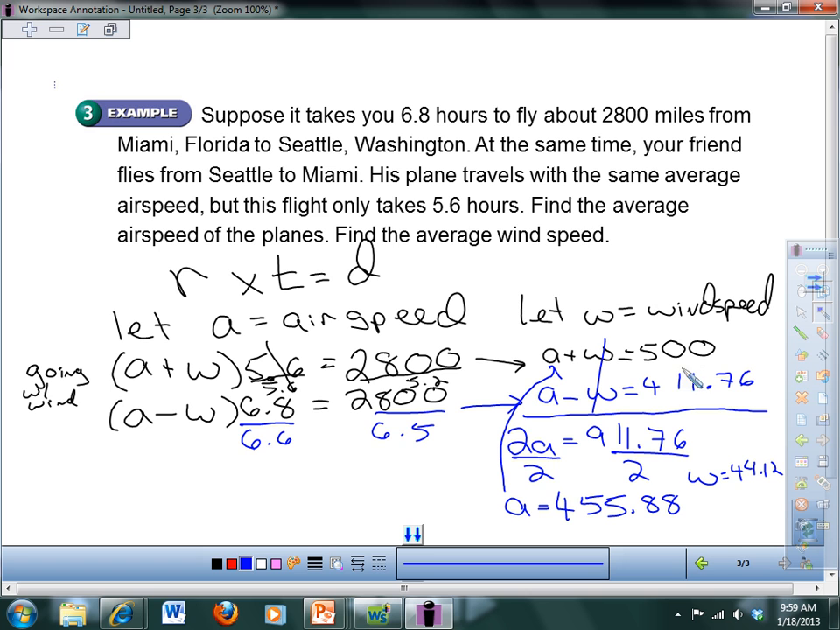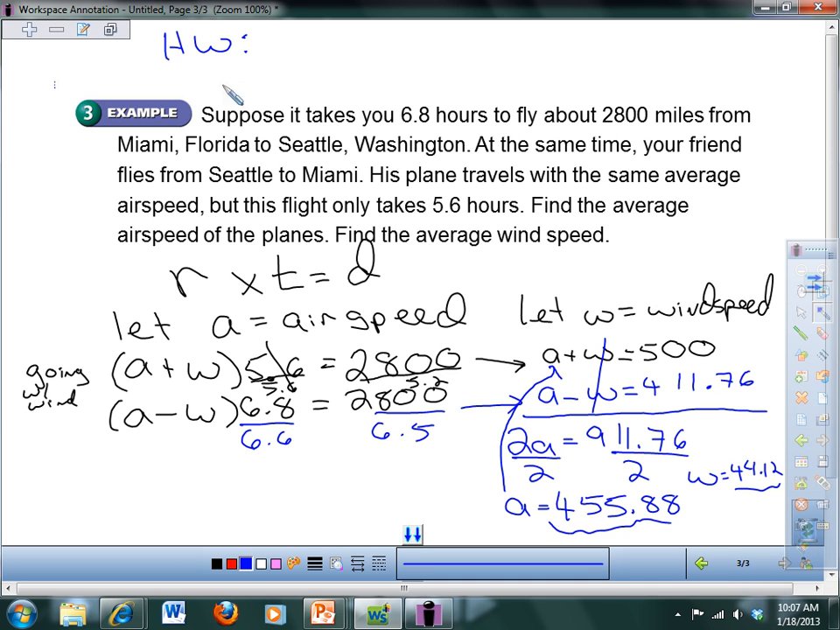If I subtract 455.88 from 500, I should get 44.12, right? I do. Okay, so this is how fast the plane would travel in still air, and this is how fast the wind is blowing along. Okay? So your homework, which we're going to start, and I'll go over a couple of those other problems, is